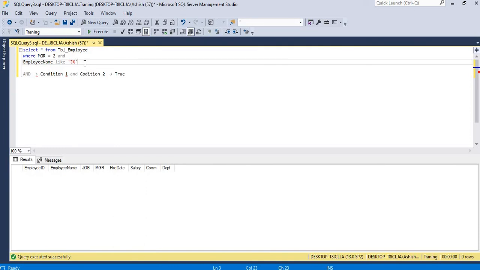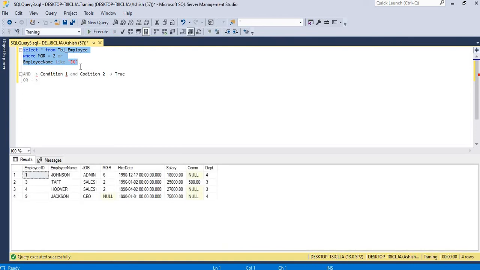Next we have OR. So OR is very simple, very easy, I will say. In the OR, whether both conditions match or not doesn't matter, but any one condition should match.